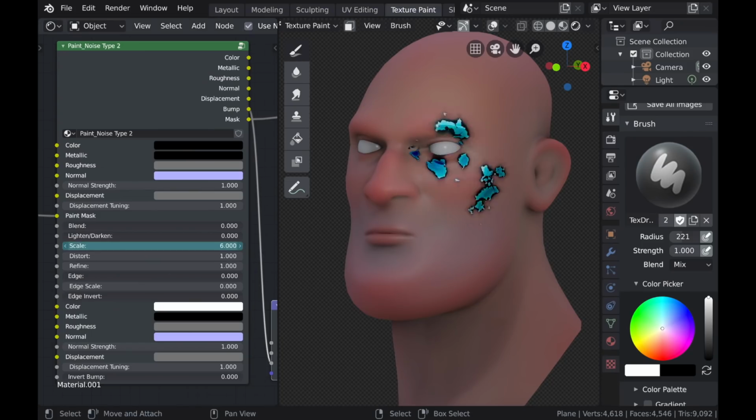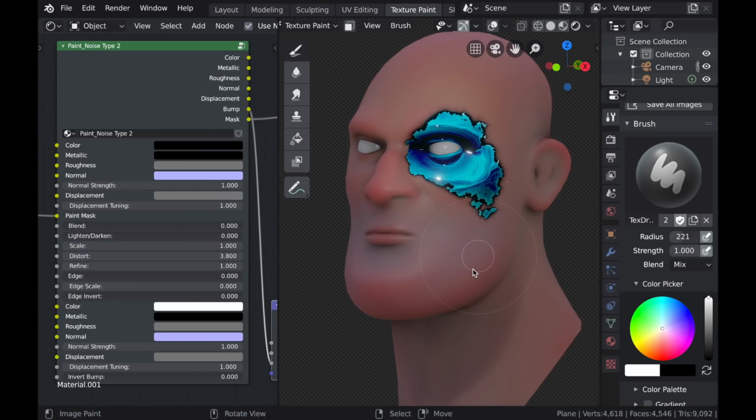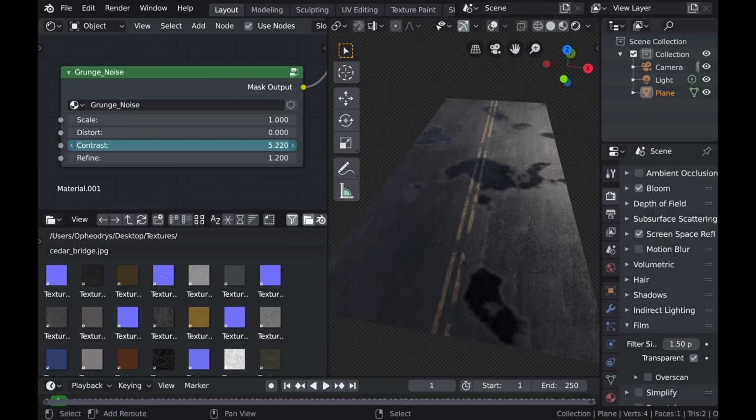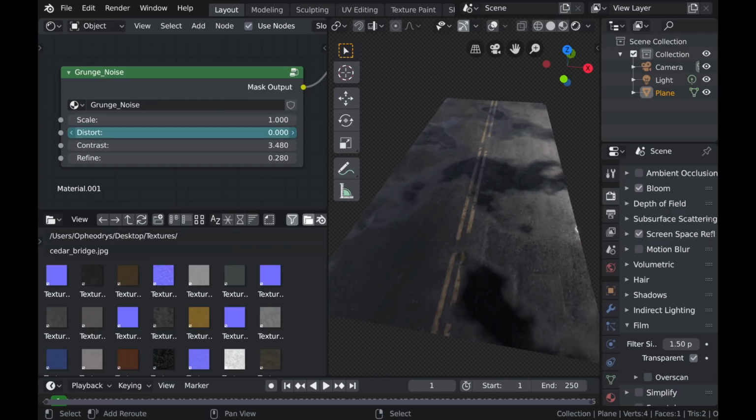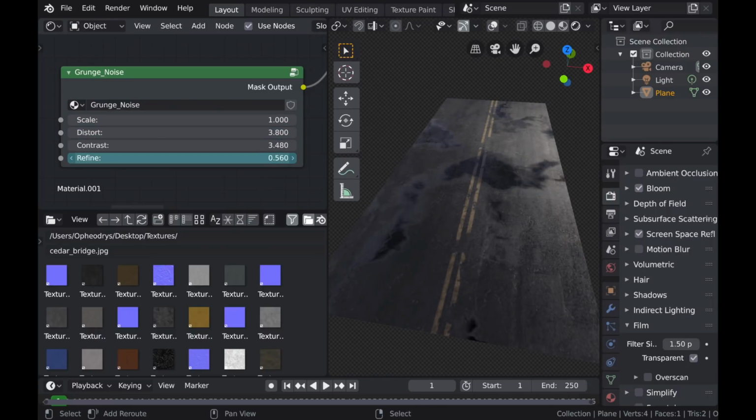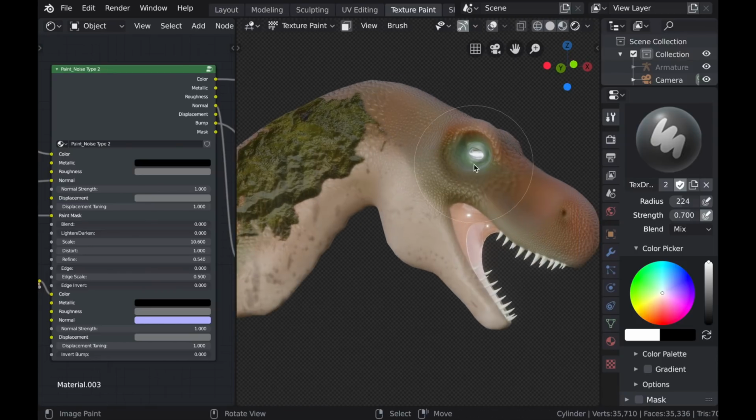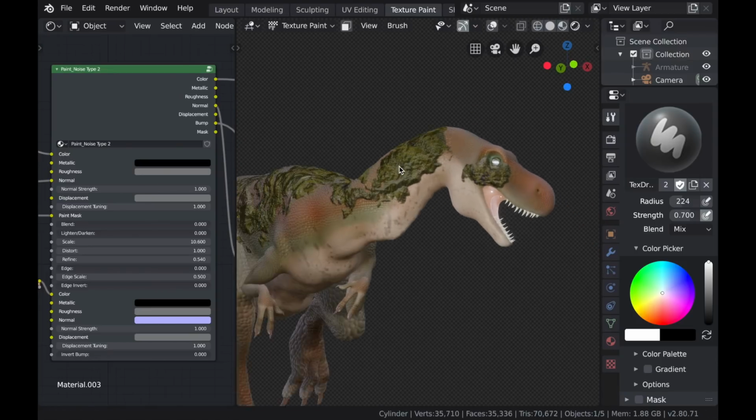Hello everyone, and welcome to this introduction of Mask Tools, which is a new add-on available on the Blender market. It allows you to quickly add or paint procedural effects and just provides an overall way of simplifying the texturing process in Blender. In this video I'll be demonstrating how Mask Tools is used, but I won't be covering all